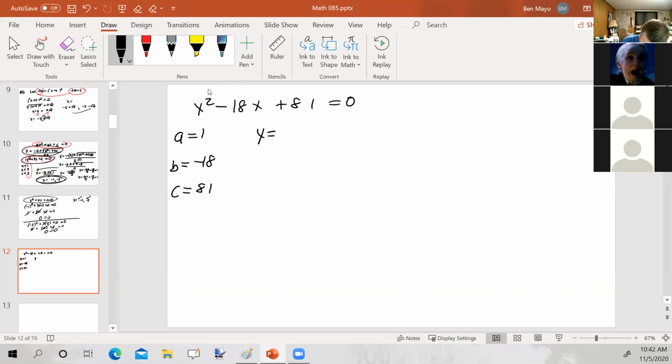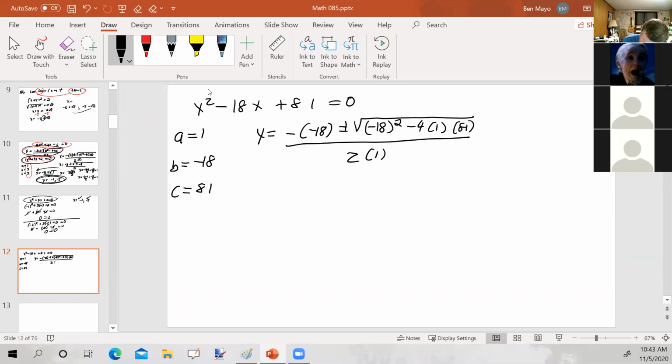So x equals -b plus or minus the square root of b squared minus 4ac all over 2a. So simplifying, x equals, well, a negative times a negative, that would be a +18 plus or minus the square root of. Notice here